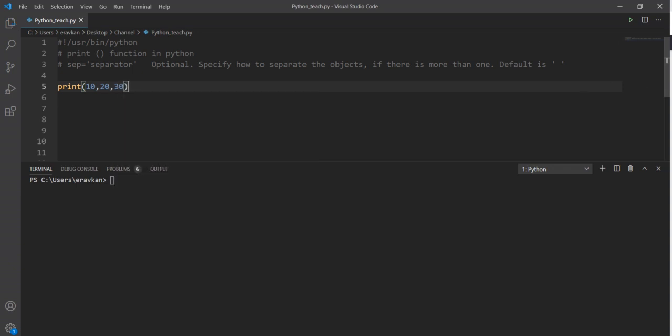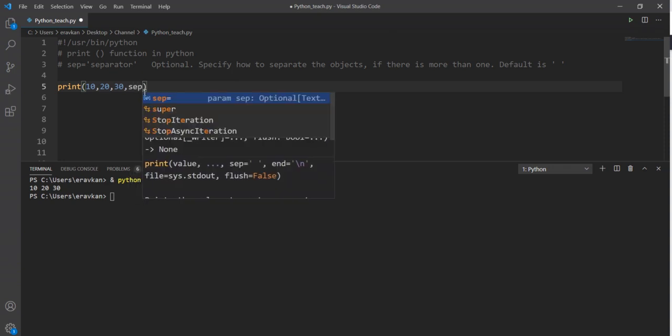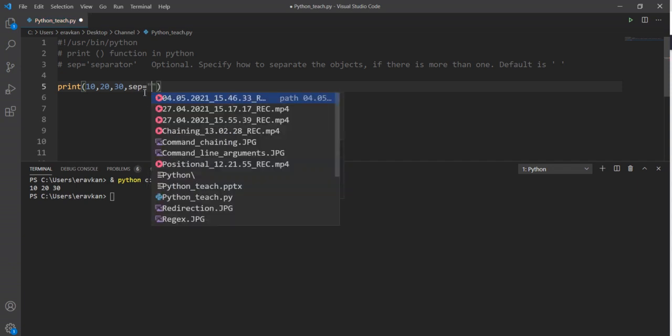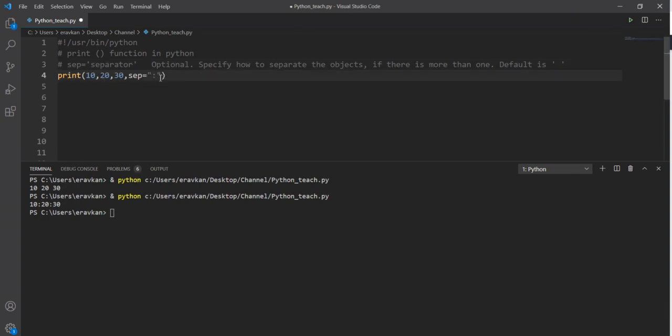If I print it, you get 10 20 30. Now I want to separate all these fields by using sep equal to colon. So in this way you will see what the output is. Your fields 10, 20, 30 can be separated by using this, so you can specify whatever you want to use.